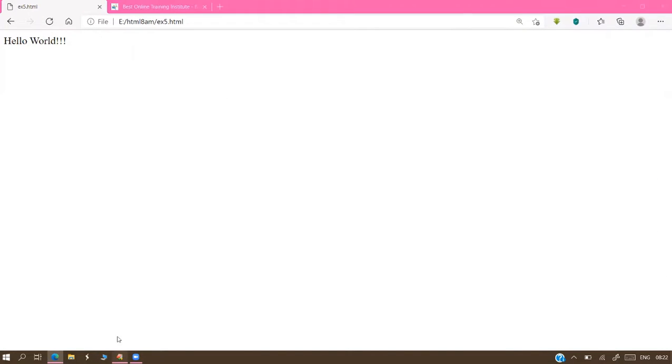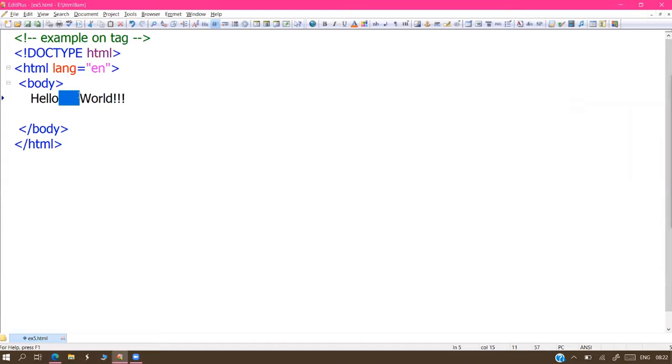Of course, at the time of code designing, we gave 5 spaces, but those extra, unnecessary spaces are removed by the browser. While designing the program, any extra spaces like this are meaningless from the browser's point of view.